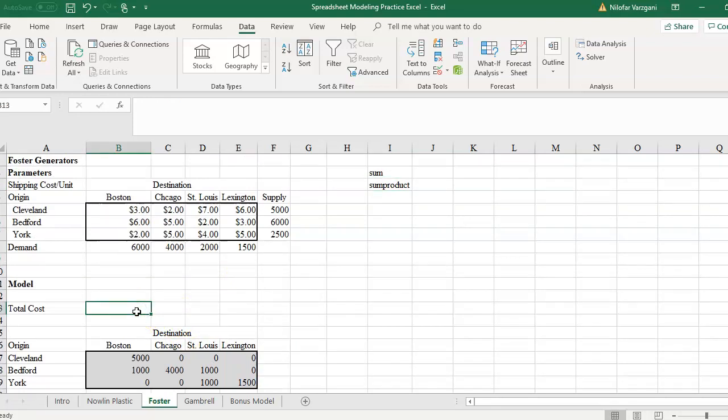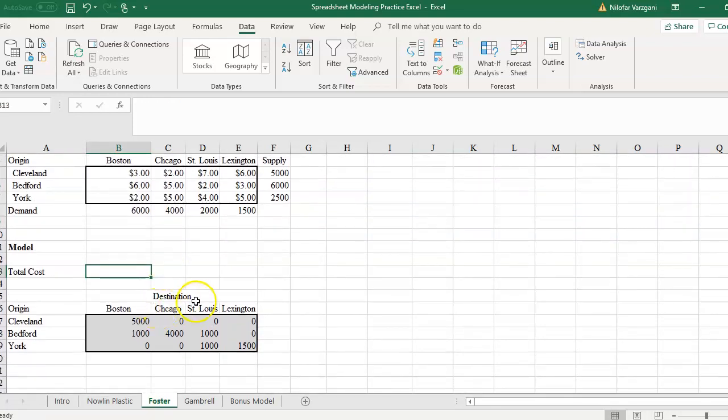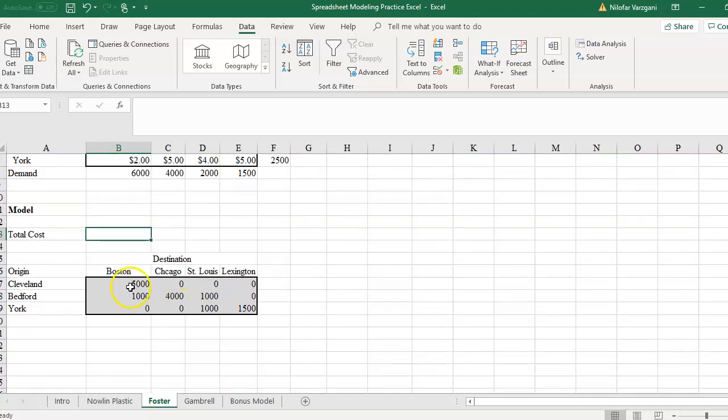Let's say I want to find out what my total cost is going to be if I end up shipping these many units from each of these factory sites to these warehouse sites. So basically the way I'm going to read this table is that I'm shipping 100 units of product from the factory in Bedford all the way to the warehouse in Boston, whereas I'm shipping 4,000 units of product from Bedford